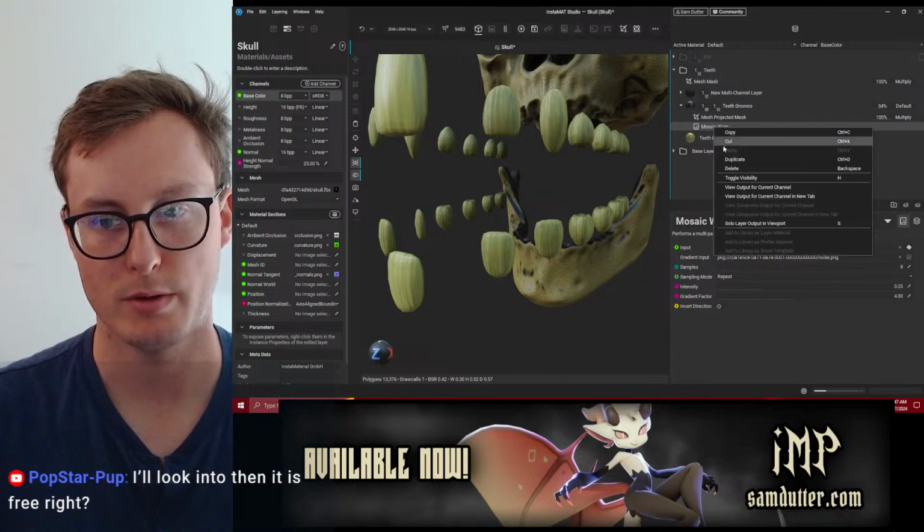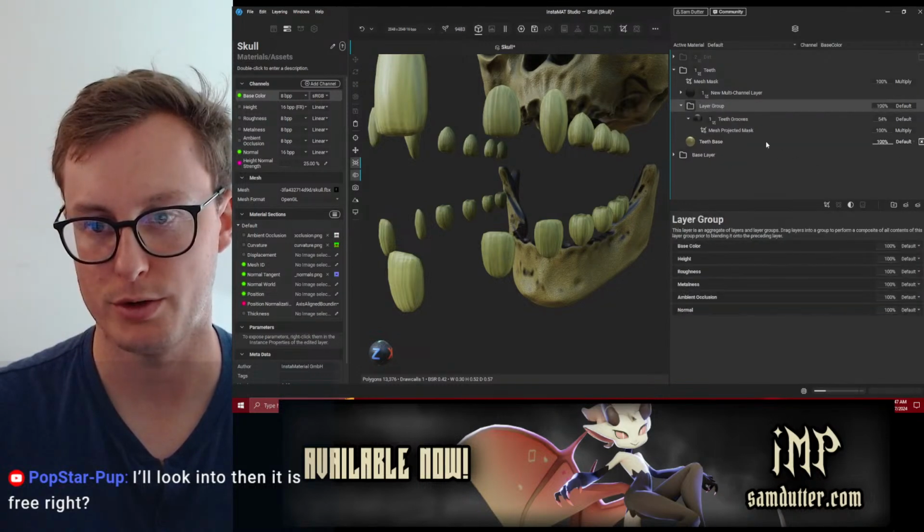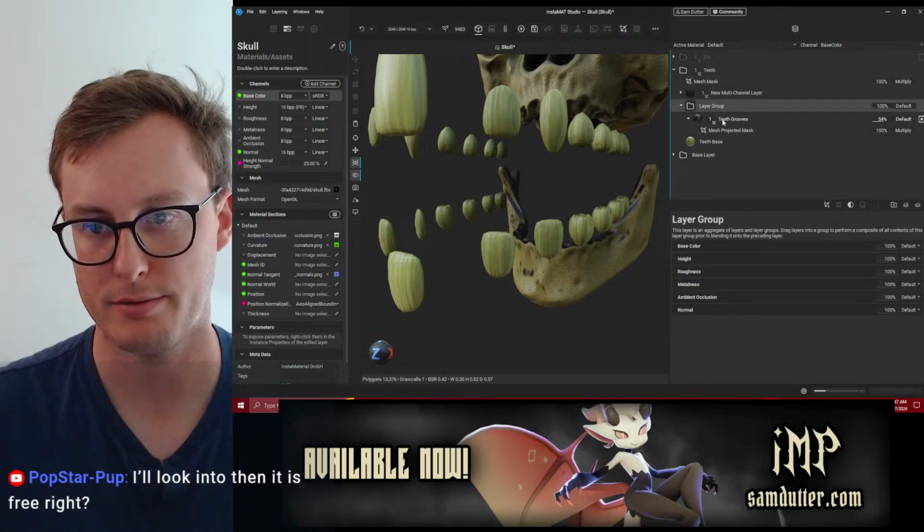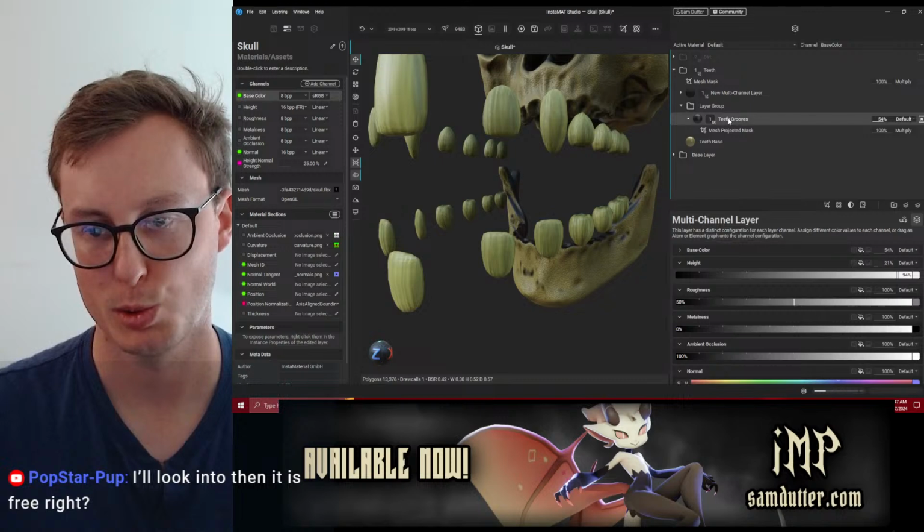So do I have to make a folder and then put the warp in here? No, I can't add an effect to a layer. Do I have to... Huh.